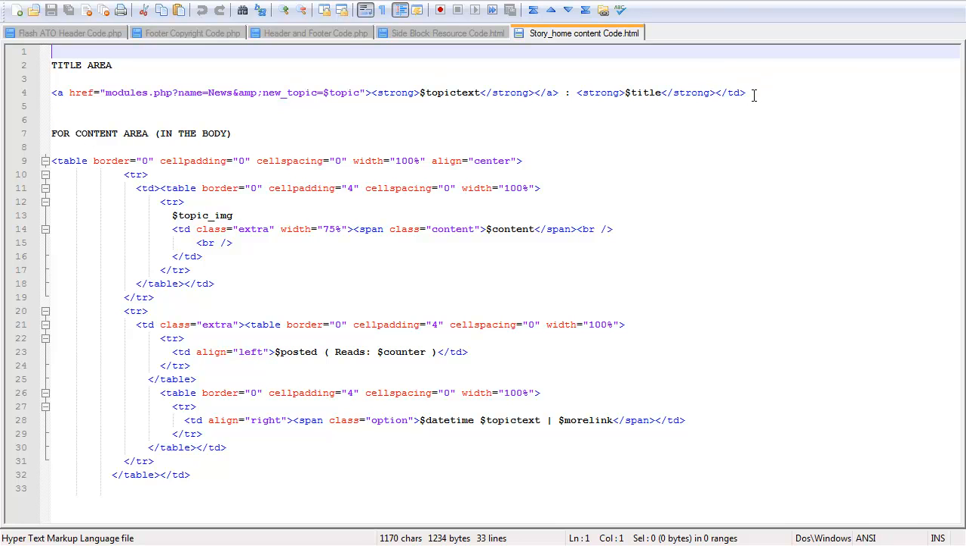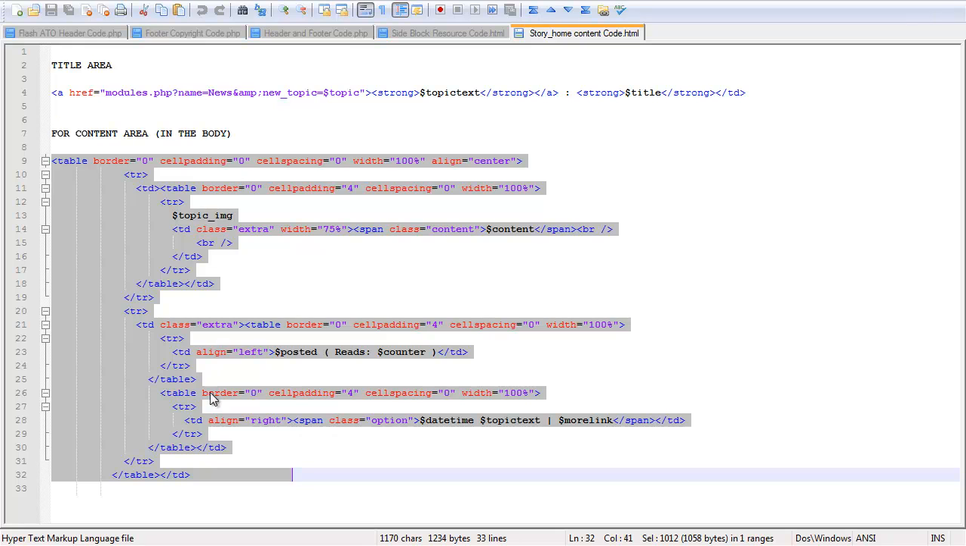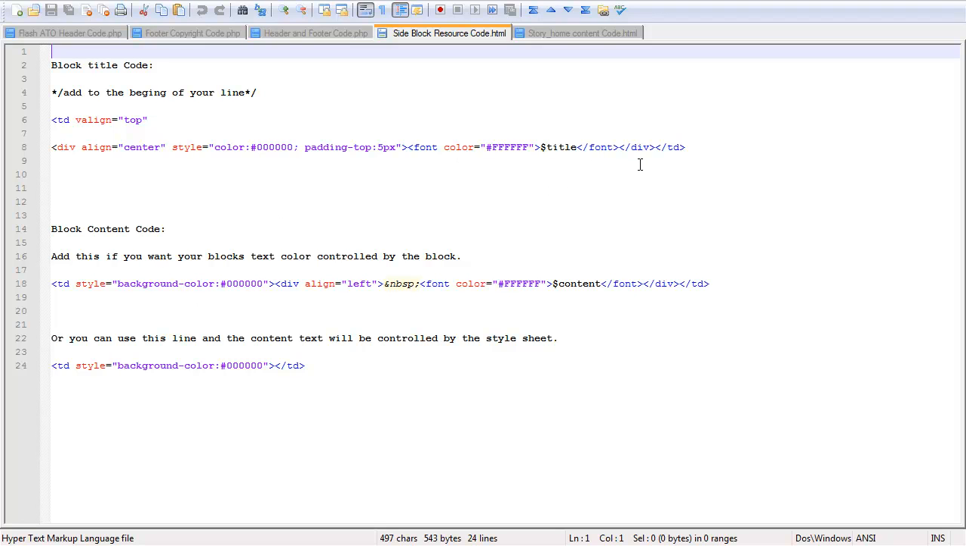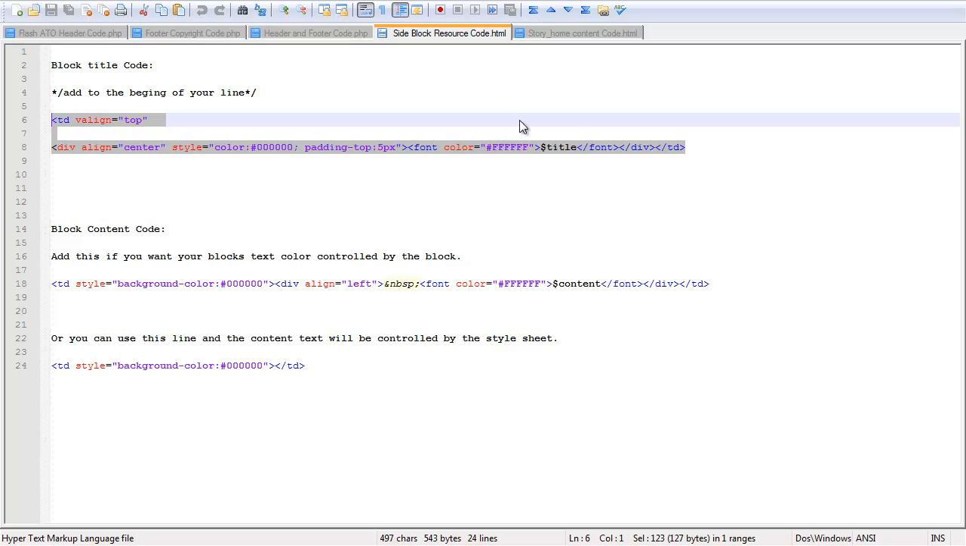This is just to make it easy for you so you can copy and paste. This is the title for the news area. This is the body of the news. You can style this differently later if you need to for your type of theme. This is the block resource code. You may or may not need all of this depending on your theme, but it's here because it's convenient and it will help. And then this is the content